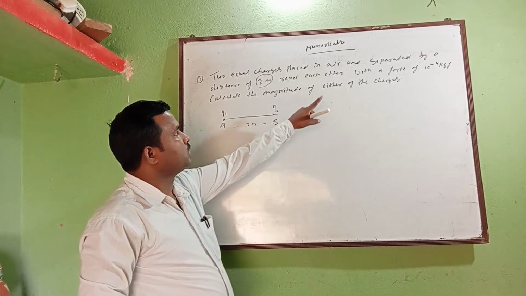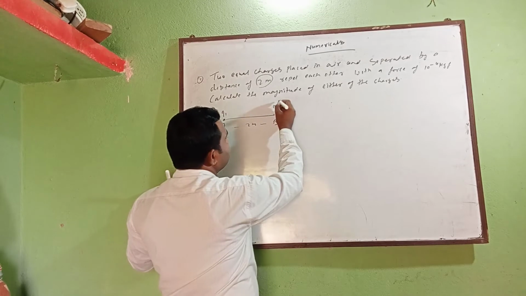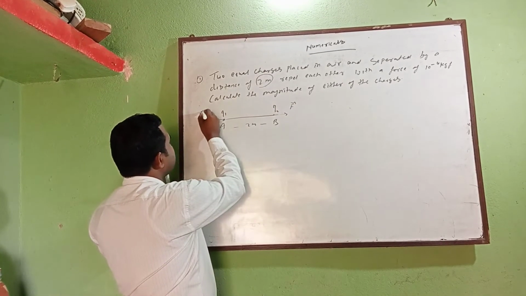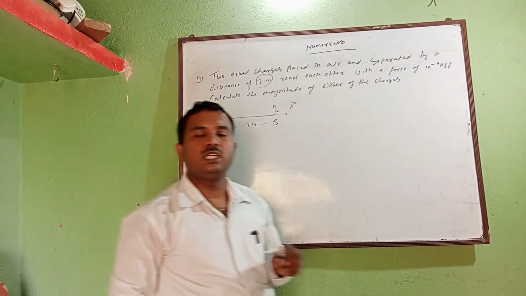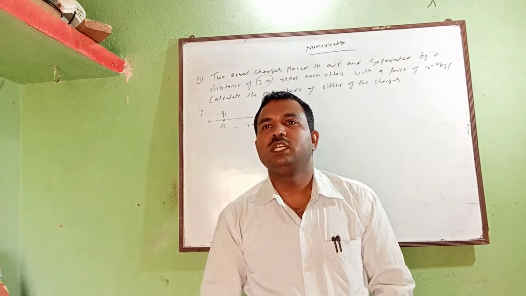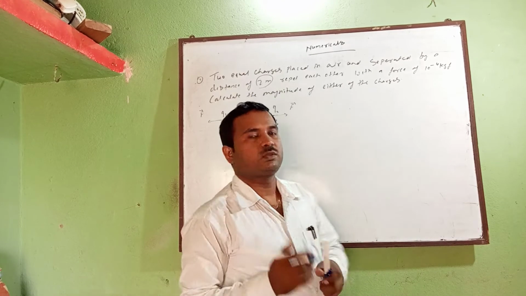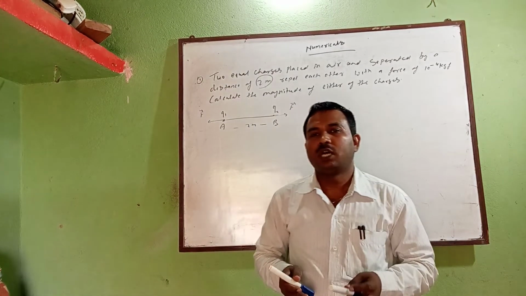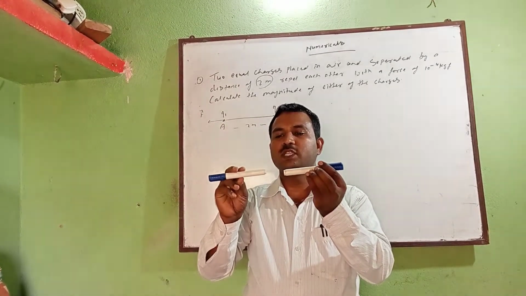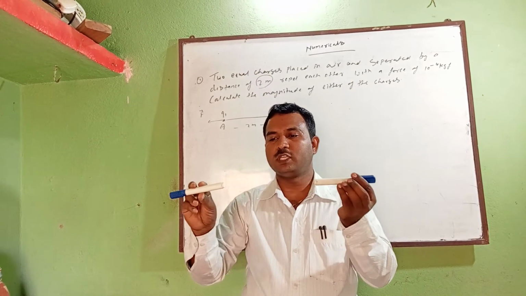But the condition is that due to the same charge, both repel each other, meaning the direction of this force is like that and this force direction is like that, because you know that if there is the same pole then there will be repulsion. Is it clear? And if they are different, in that case there will be attraction. So if there is the same pole, definitely it will be repelled.